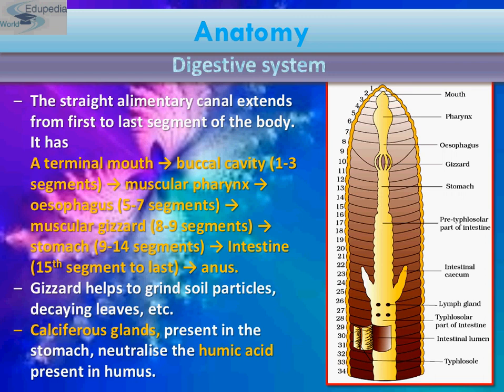After it passes through the esophagus, the food moves into the crop. The crop is not mentioned here, but the food moves to the crop, where it is stored, and then eventually moves into the gizzard. This is your gizzard. The gizzard uses stones that the earthworm eats to grind the food completely. And then the food moves into the intestine. This is your intestine,